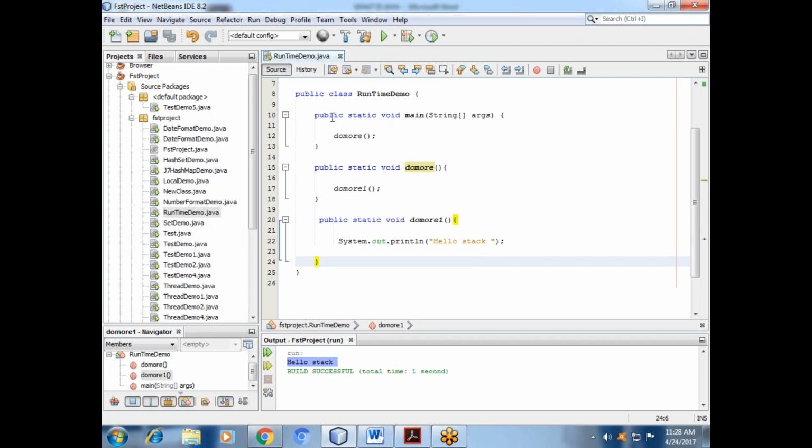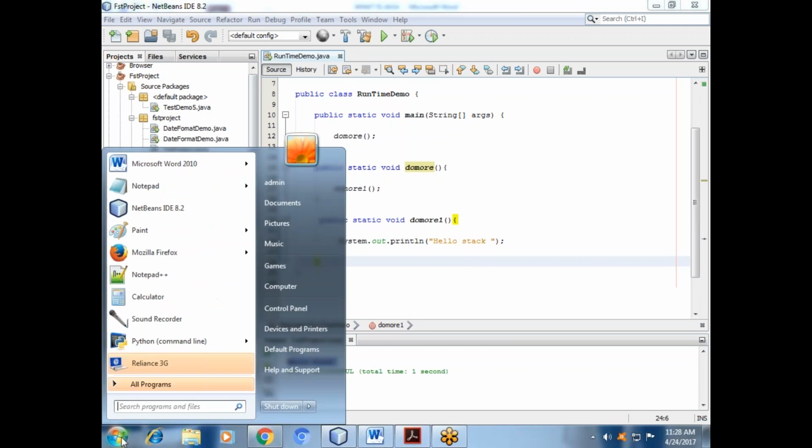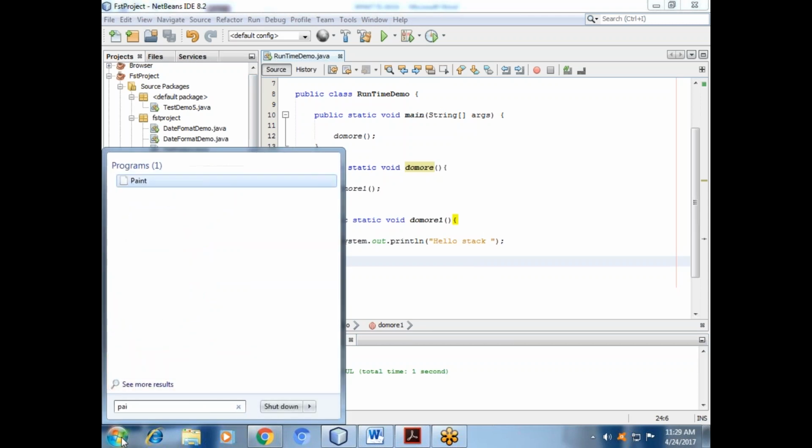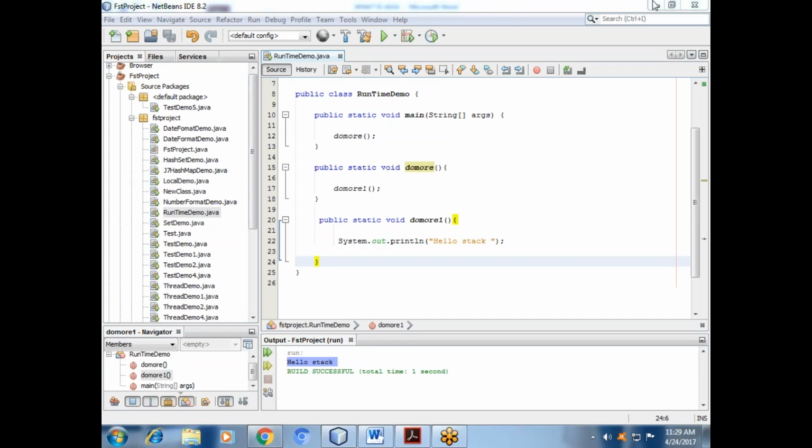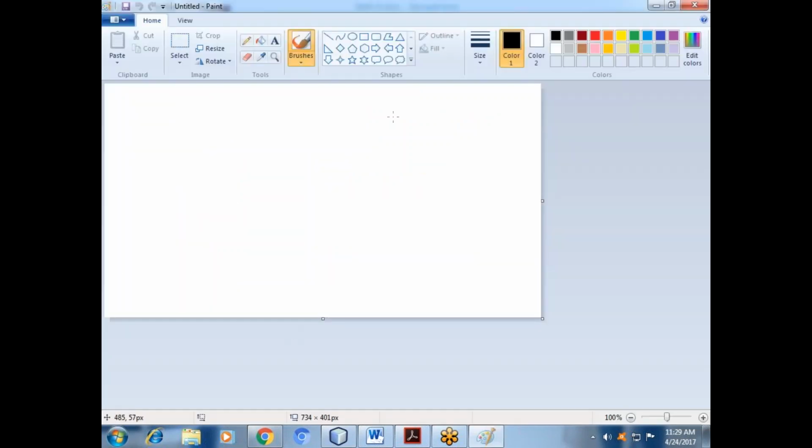So first, whenever you start this program, our stack is blank. So we will go, we will create a diagram, you will create.